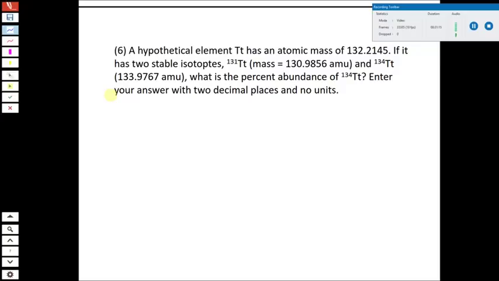So anytime we're dealing with atomic mass, the definition of atomic mass, isotope abundances, those are all related to each other. The one mathematical equation we want to think of, the relationship, is that the atomic mass is given by